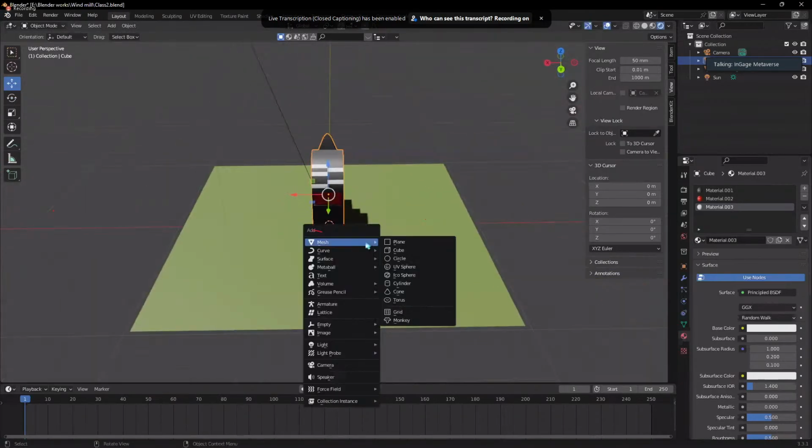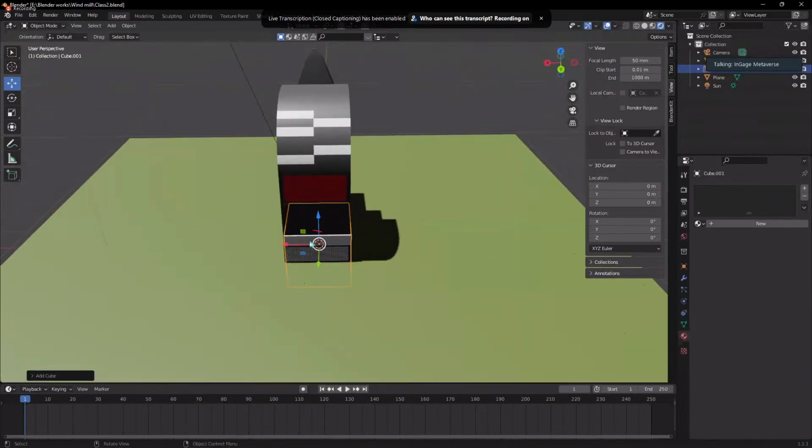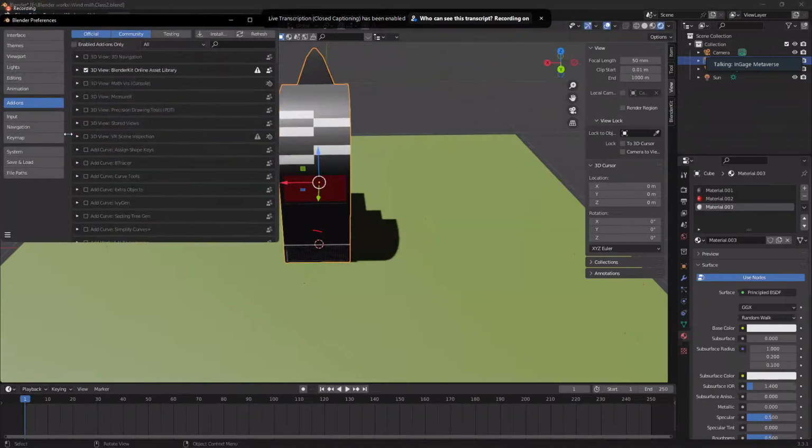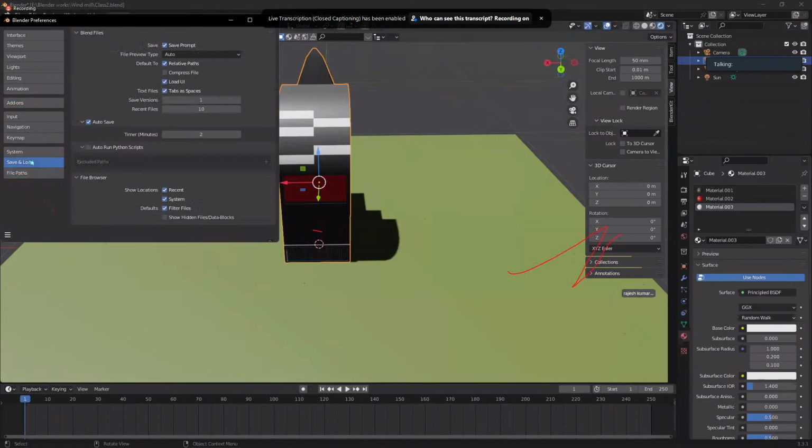So if I'm adding a new object and now I don't want this object, I will press Ctrl Z. If we are downloading Blender the first time, there will be only 10 or 5 steps for undoing, just 5 times. After that you can't undo that. So how can we change that? Going to preferences